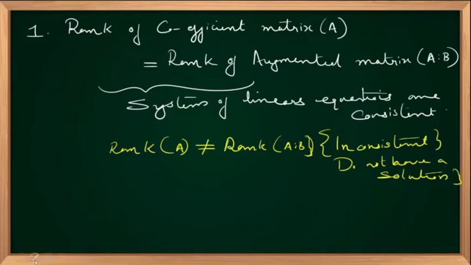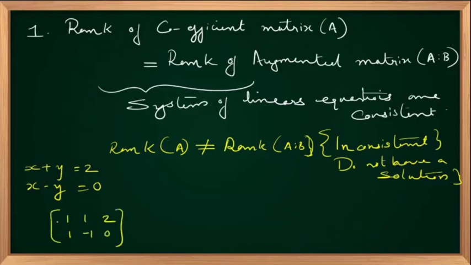Suppose I take a simpler example, x plus y equal to, let us say, 2 and x minus y equal to 0. I'll quickly check whether it is consistent. How to check? I'll write 1 1 2, then 1 minus 1 0, right? I'll check whether the rank is the same, because I can easily say R2 changes to R2 minus R1, so that, see, this is actually AB, that gives 1 1 2,